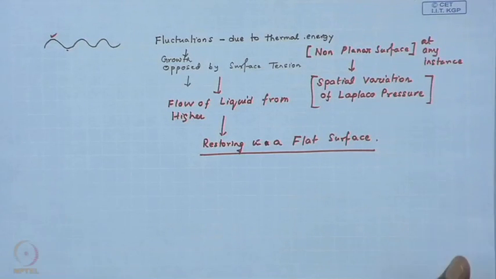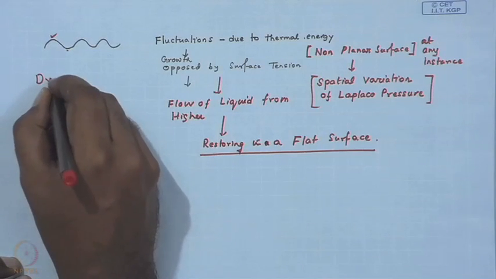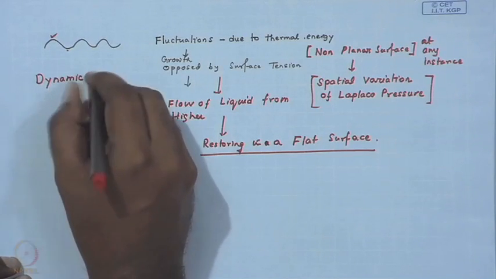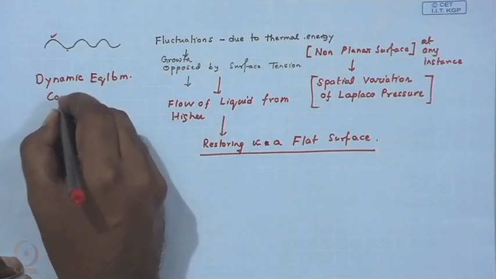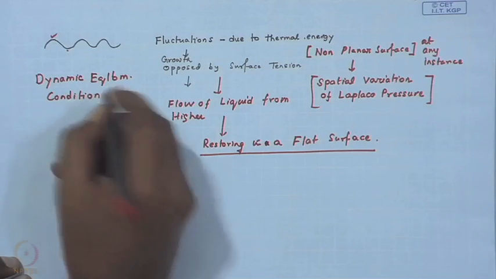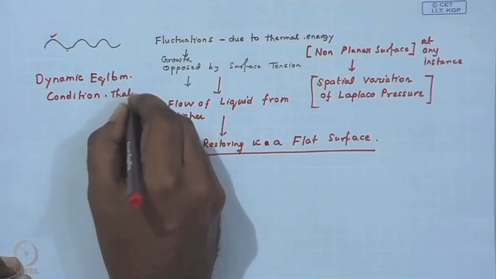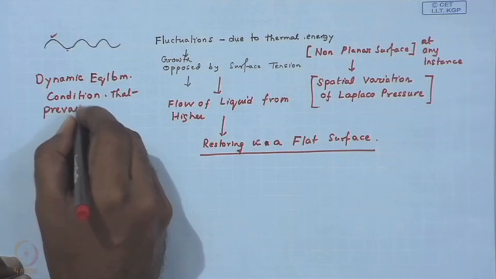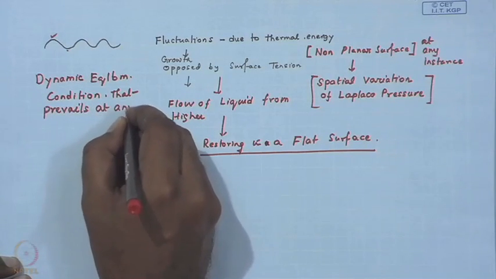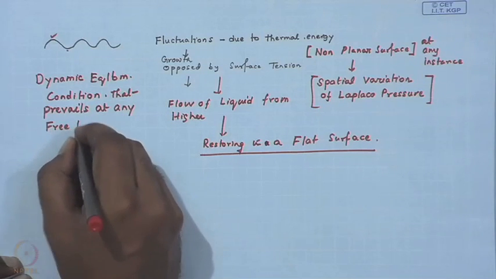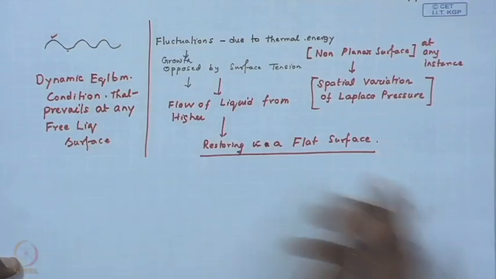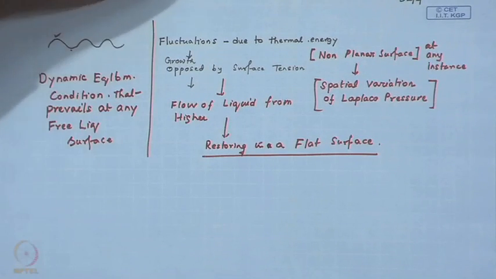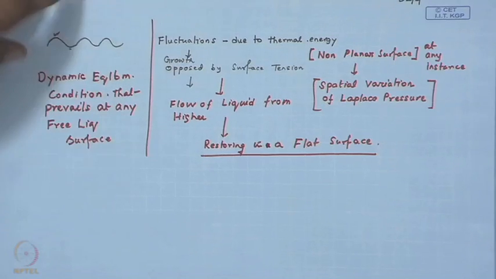So, this is what I would call the dynamic equilibrium condition that prevails at any free liquid surface. Okay. And for a macroscopic object or a macroscopic body, it is extremely easy to see,